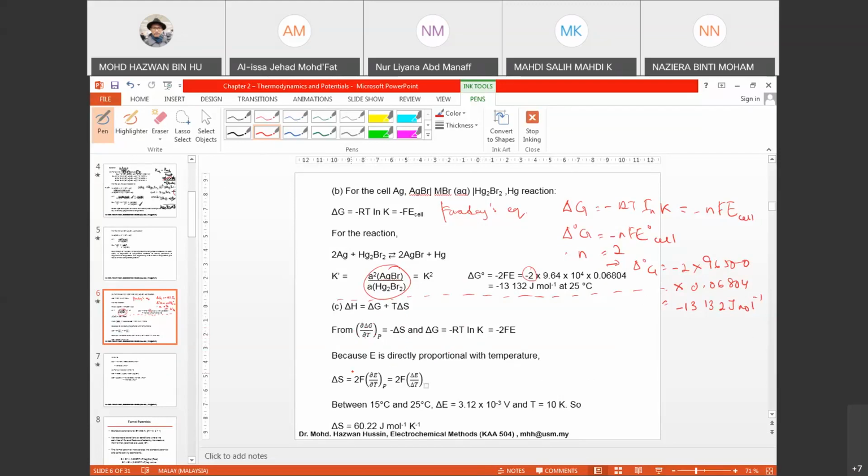Because E is directly proportional with temperature, you will get delta S is equal to